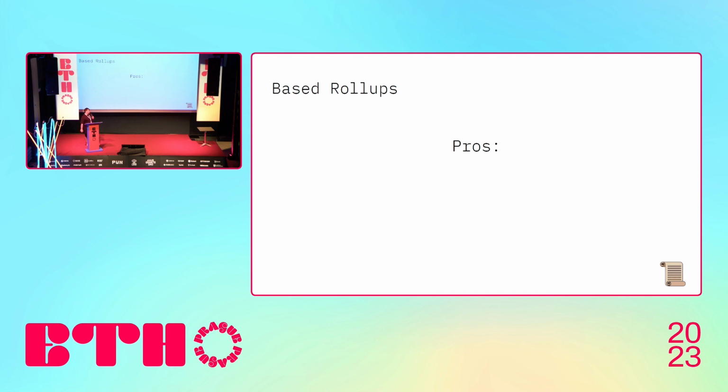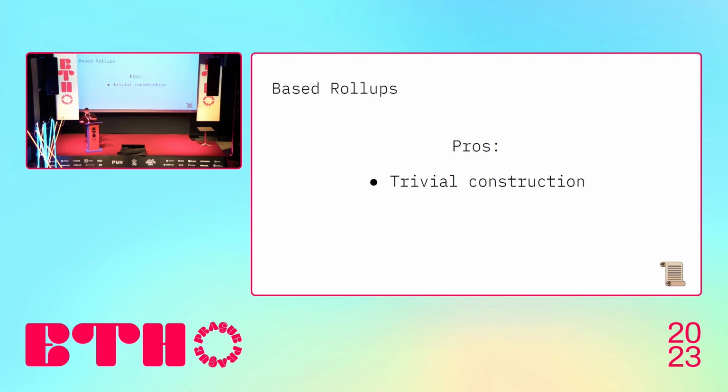And now based rollups. So let me first explain what a based rollup is. A based rollup construction was proposed by Justin Drake a few months ago. I think it was in the winter. And basically, it uses the infrastructure of L1 searchers that would specifically listen to L2 transactions, construct batches, and submit them to the L1. And there are a few pros to it. So one, it's quite trivial to design. It doesn't really affect the protocol that much.